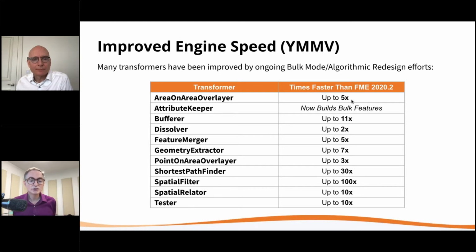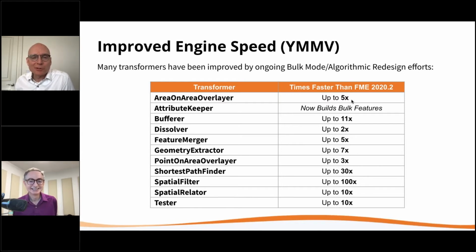Don, I just want to point out, who were the two gazoonies that must have written the spatial filter the first time? Yeah, I think one of them is, you know, follically challenged now. But we won't reveal who they are. Yeah, absolutely. Oh, what were those guys doing that the team could make it 100 times faster? But well done on that one. And I think this chart's actually very unfair because it doesn't compare with FME 2020.0.